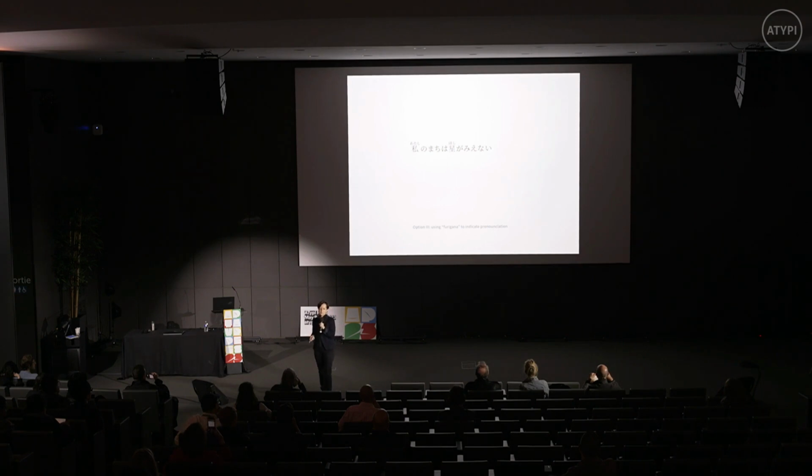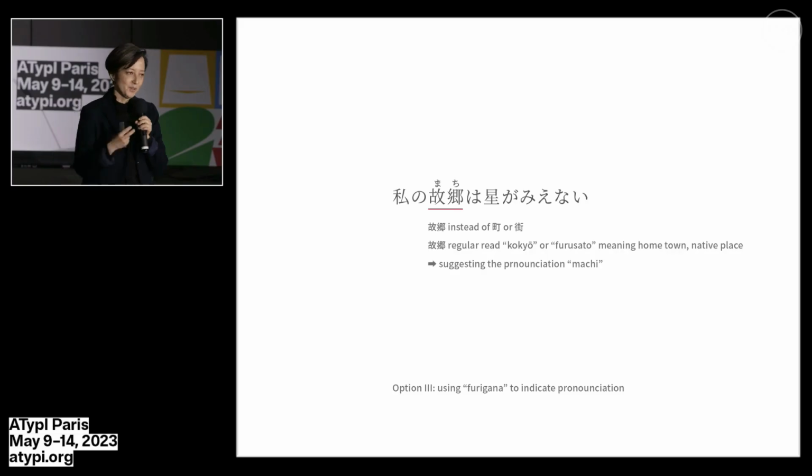And then we have furigana. Furigana are, of course, extremely useful, for example, if we teach kanji, or if we use also some special readings. So this is very straightforward. It's just a phonetic writing, phonetizing how to read it. But I can also do some special arrangements. So I can use a kanji for machi, which is normally used for kokyo or furusato, meaning hometown or native place. And by doing that, I can imply that the town or the place I'm talking about is my hometown. So making this relation,